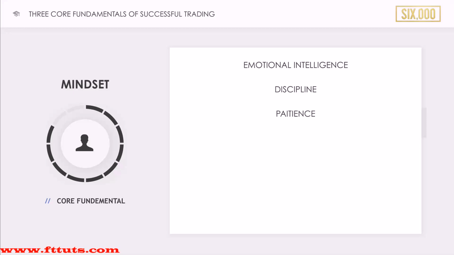Patience. The amount of people that jump into trades too early also get out of trades too early. Maybe they're thinking, oh, Lewis, this trade has just been moving sideways for a while, I'm just going to close it. And it's maybe halfway towards the profit target. There's nothing wrong with closing a trade, but let it run its course. Cut your losers and let your winners run.